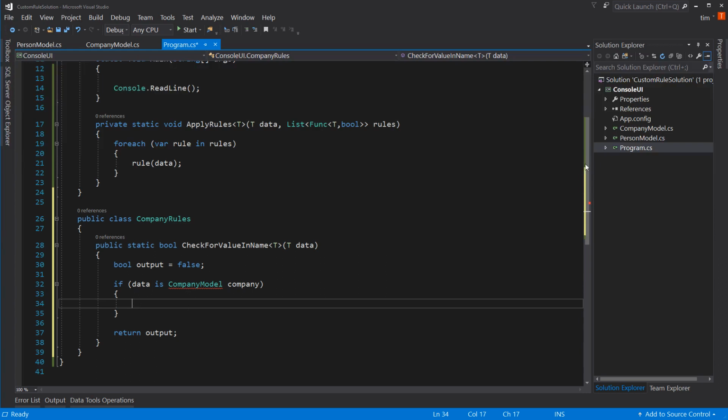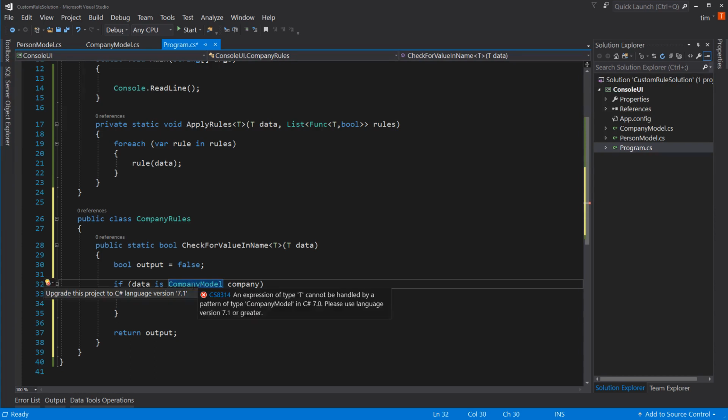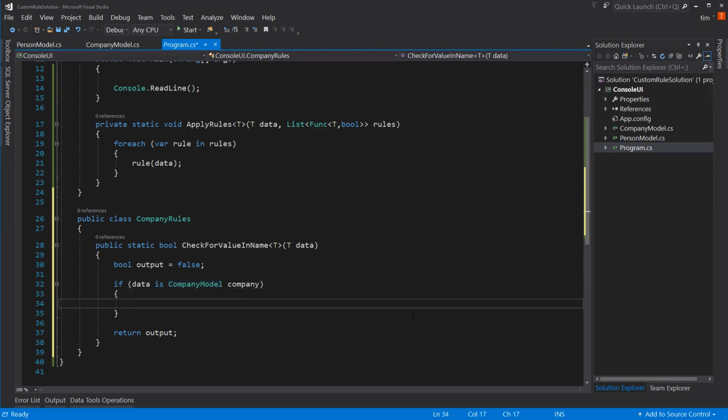All right, so let's go ahead and change to, I'm not sure if I can do it from the Ctrl+dot or not, upgrade this project to 7.1. Cool, go for it. Isn't that great? All right, so now that I've upgraded to 7.1, I have that option. Now I can say